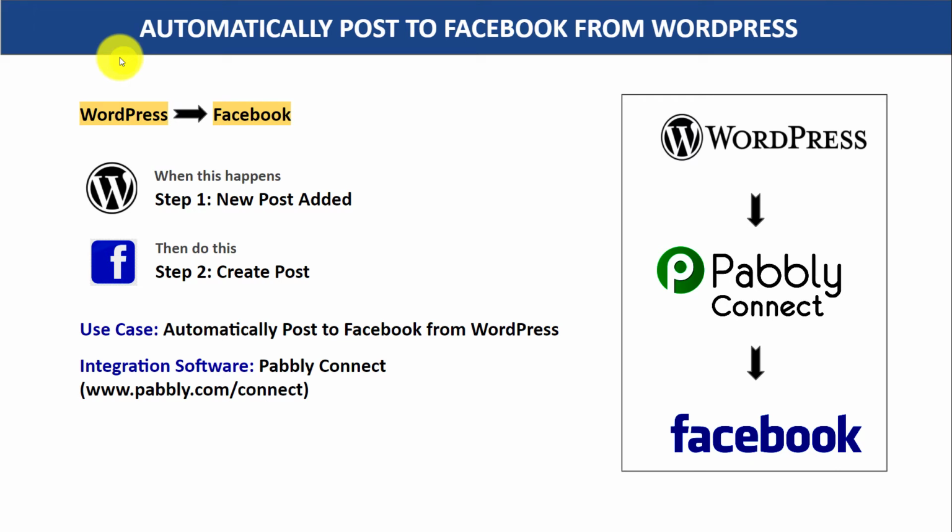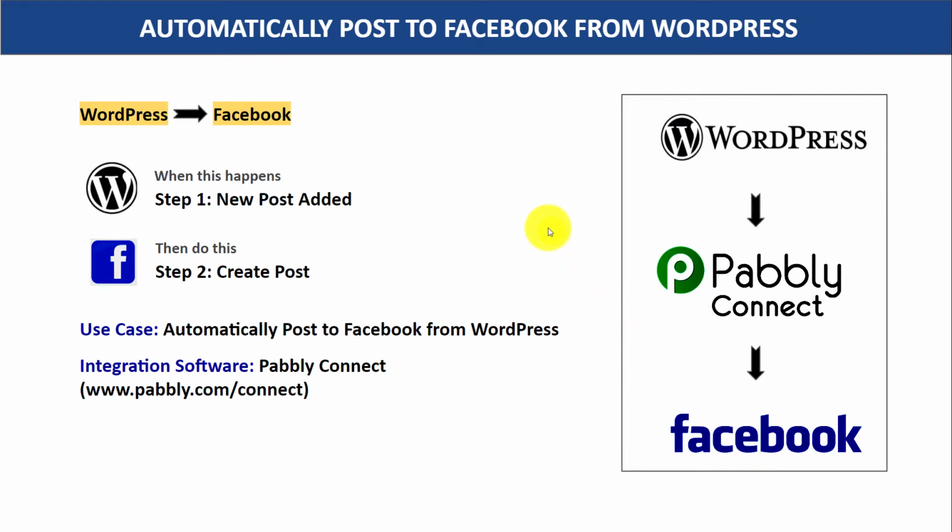So in this video, we will learn how to automatically post to Facebook from WordPress. Imagine this: you have created an awesome WordPress post, and to bring in more traffic, you want to publish this post on Facebook. So here you have two choices. The first choice is to copy all the details of the post, sort it out, and manually publish this post on Facebook. Now the problem with this approach is it's actually very repetitive and tiresome.